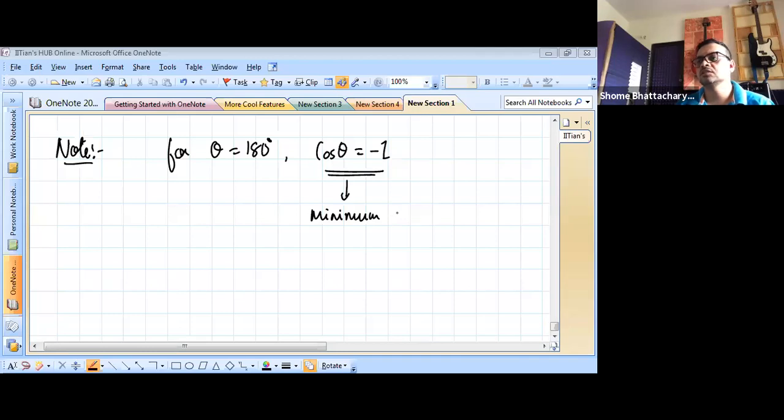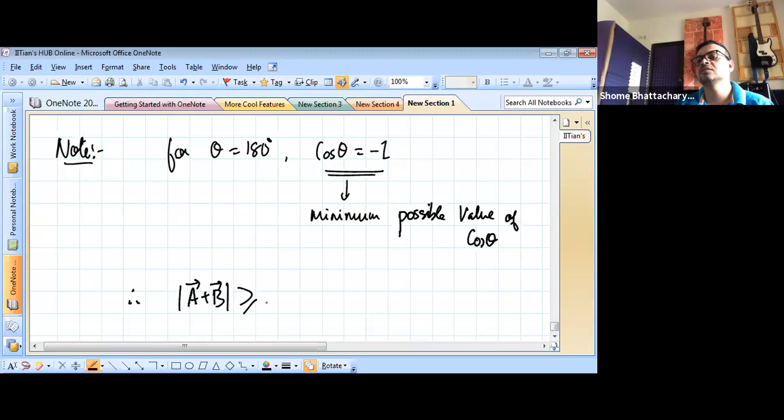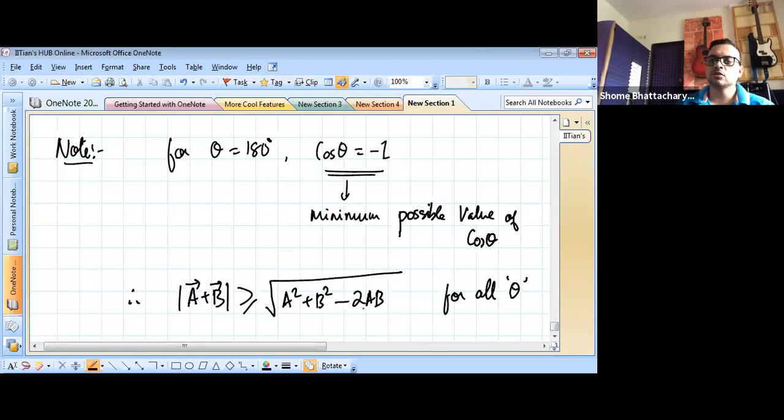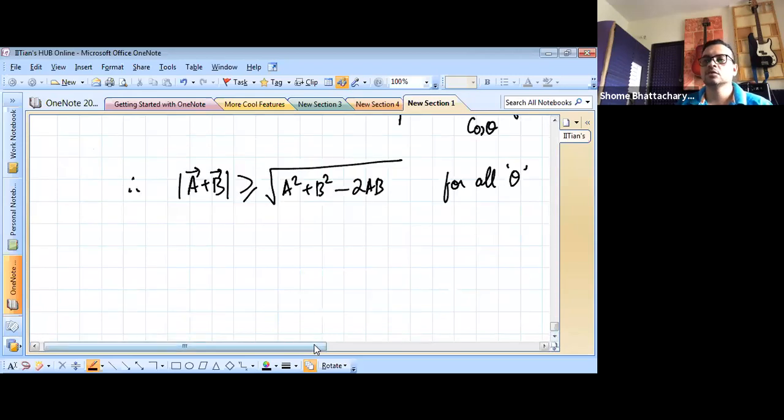Yeah. So this is the minimum possible value of cos theta. So that means magnitude of A plus B is greater than or equal to root of A square plus B square minus 2AB for all theta. Because the minimum value of cos theta is -1 and the maximum value is +1. So when you combine these two,